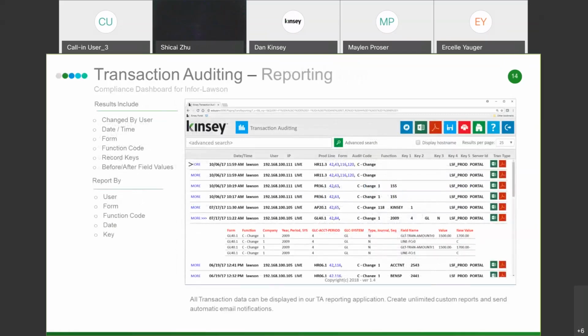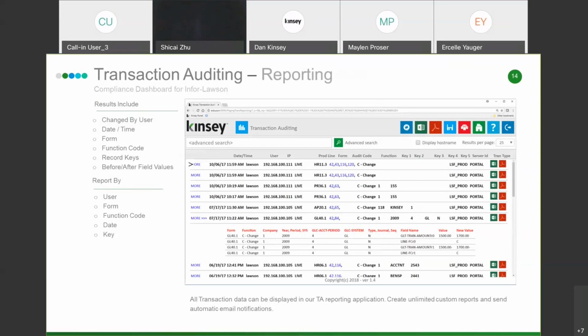The reporting then, back in your browser, I can build searches a number of different ways. One of them is a wildcard search, where here at the top where it says advanced search, I can just put in anything I'm looking for. The user, the form name, a date, anything that's going on in the system that I want to search for, we can find. I can also do an advanced search where I can build nested criteria. So I want everything the user F. Nelson did this week on an HR form. Right, and we can build that logic up,